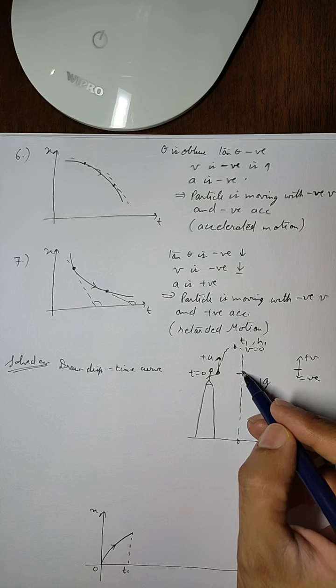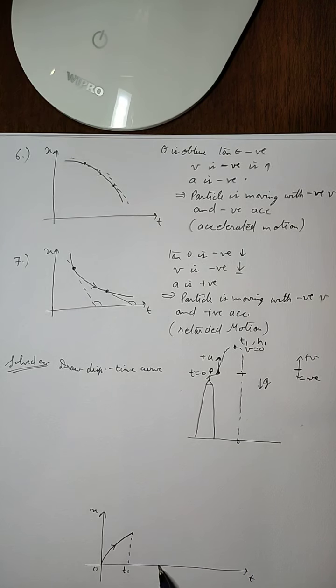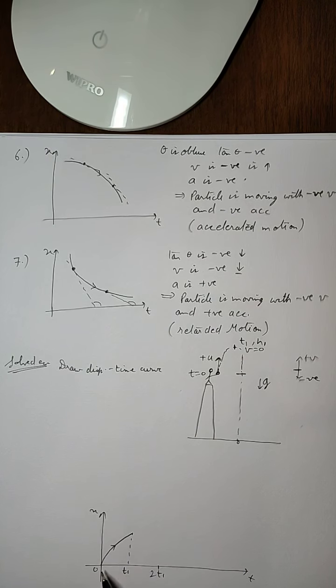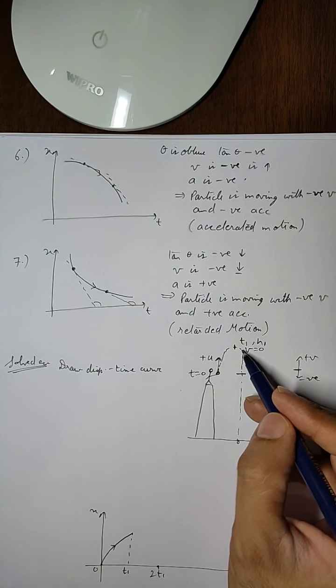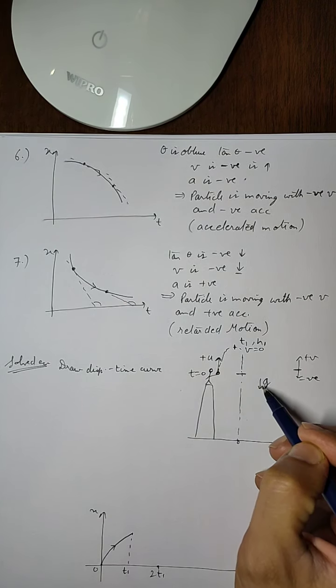t1 for going up and t1 for coming down to the starting point. So let us say this is 2t1. So this is the starting point, and since now it is moving in the direction of acceleration, it will be an accelerated motion. So it will come like this,